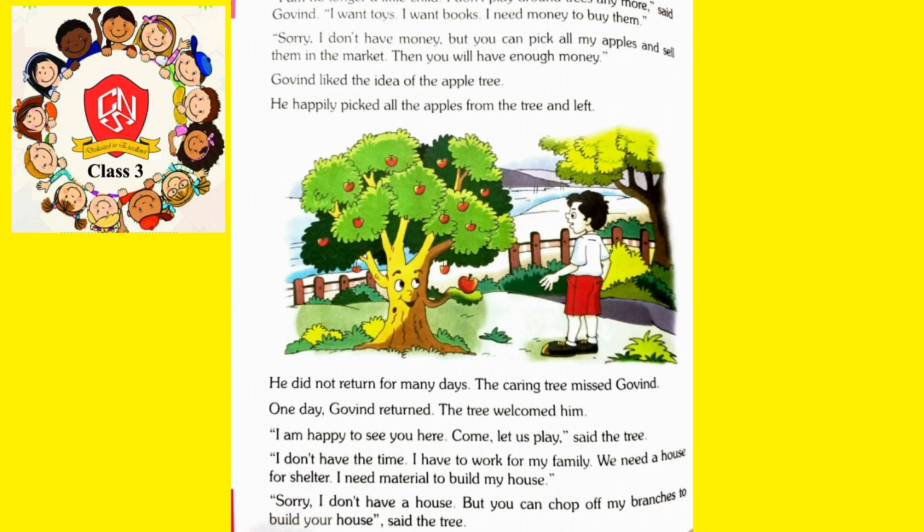So, as you can see, little Govind is standing in front of the big apple tree, and he told that he was no longer a little kid and he didn't have enough time to play around the trees anymore. He also told that he wanted toys, books, and many other stuff, and for that reason, he needed money to